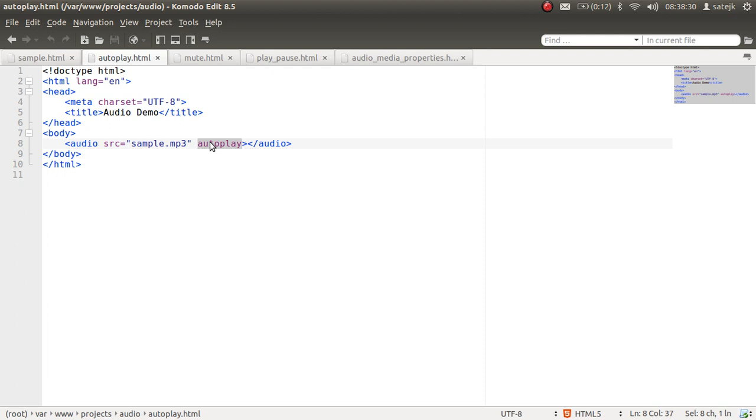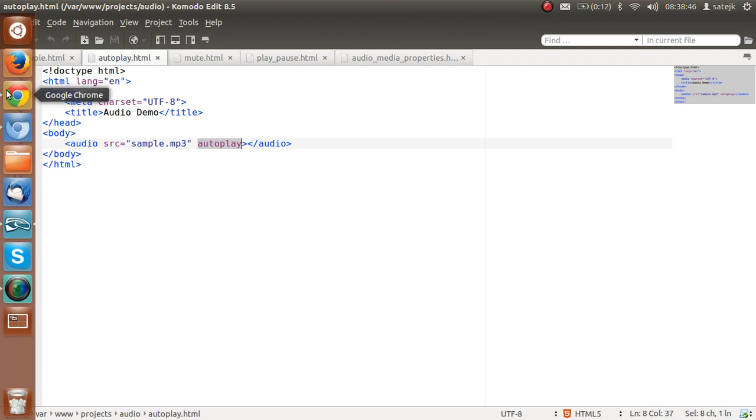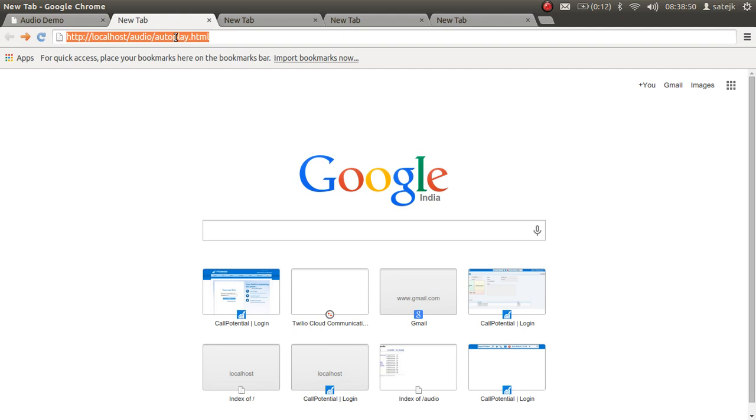This can be a hindrance sometimes when the user does not want to hear it. We can provide them a mechanism to control this, they can mute it. So let us see this. So here you can see that it automatically starts playing, and you can see that it has a basic representation that it is playing the music.